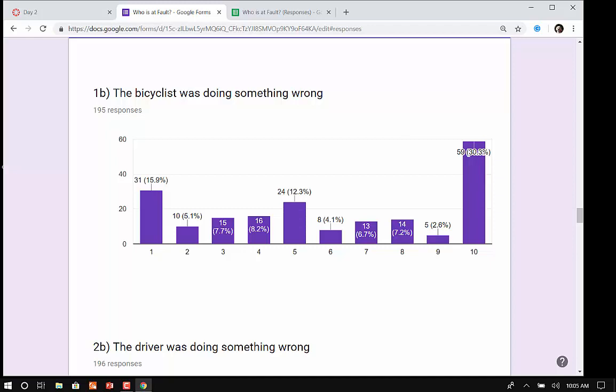The fixie riders being cray-cray affects you more than the lady being drunk. Because if you look at this graph, even though the lady's drunk, they thought the bike was doing something wrong. Now, we haven't got to who's at fault yet, but the priming, this is why when you have a news